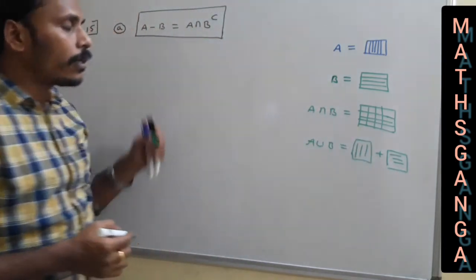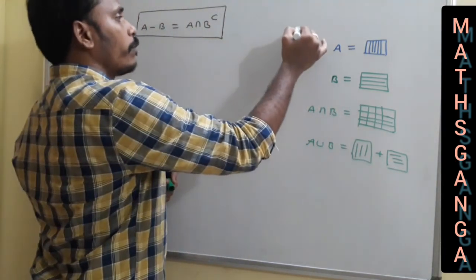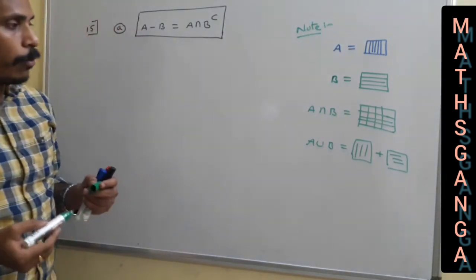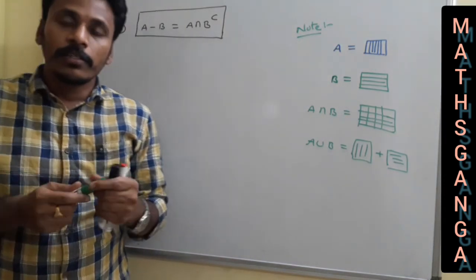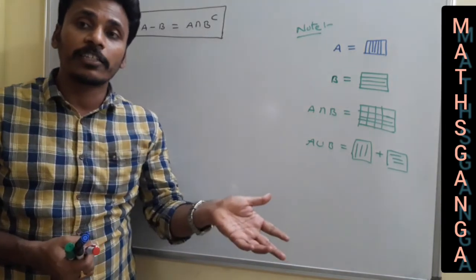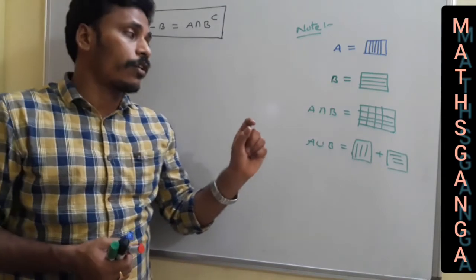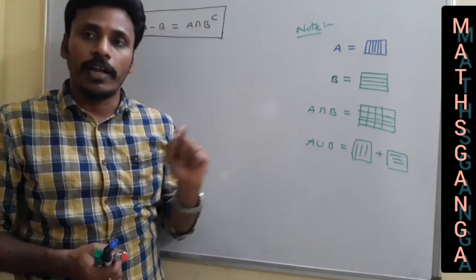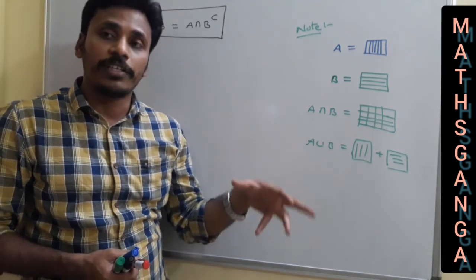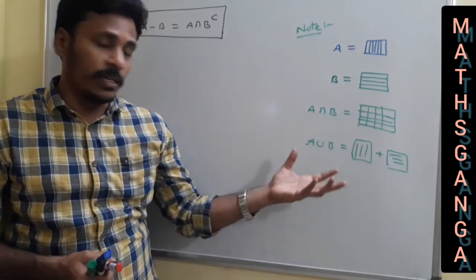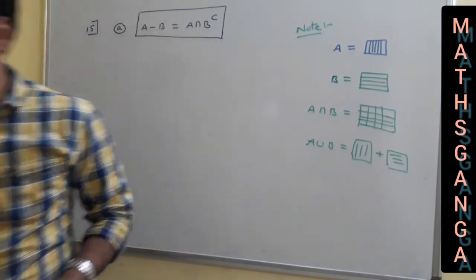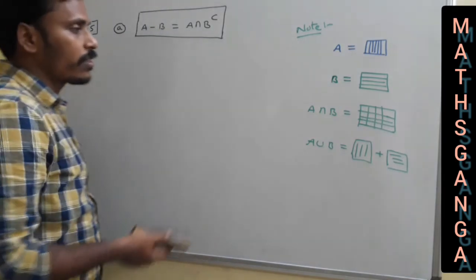You just make a note of all this, like a markable point; just memorize it. If I shade region A and region B, and I need A intersection B, I check the common region, that means the checkered lines. Whereas for A union B, I need to collect both regions, the horizontal lines and the vertical lines. So this is one idea to prove these types of statements.